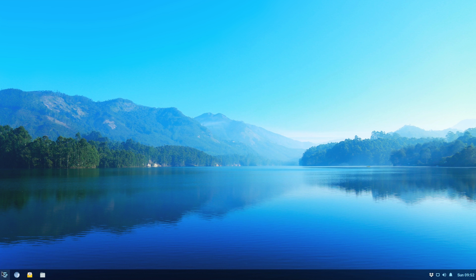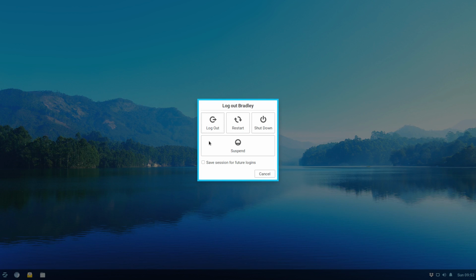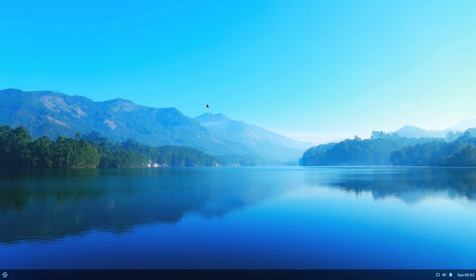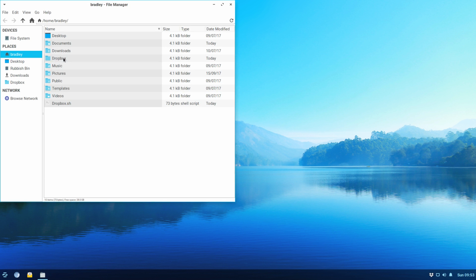Close out of there, log out, and log back in, or restart your computer, and then hopefully we should see the icon turn up down here in a few seconds. Now yours may turn up almost straight away as it normally does, which is why the sleep commands are in there. So it could turn up and then it'll disappear again, and then 10 seconds or so later it hopefully will turn up again, working as it should there,